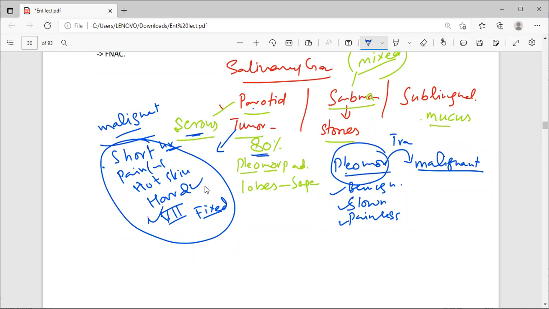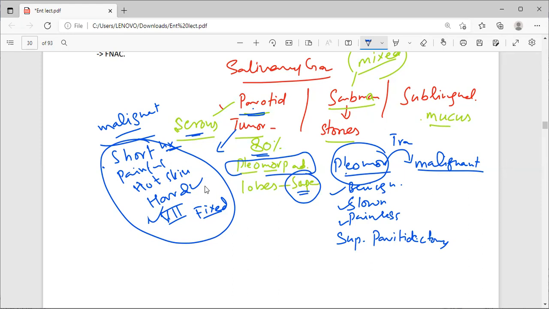Okay, so what you have to do is you have to do superficial parotidectomy. Okay, so you have to remove the superficial part. Why? Because I told you that it has multiple lobes. The parotid gland has multiple lobes, but the superficial lobe is mostly the lobe which involves the tumors, which gives space to the tumors. And which tumor is the most common in the parotid gland? That is the pleomorphic. Okay, the pleomorphic adenomas are the most common, 80% of parotid tumors